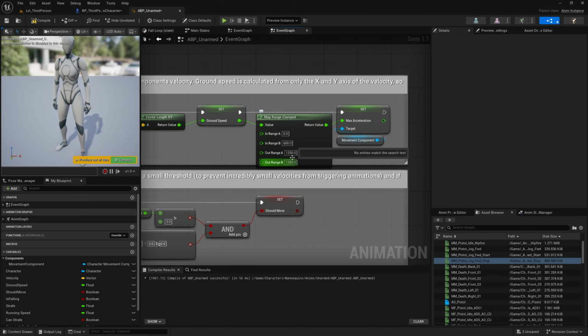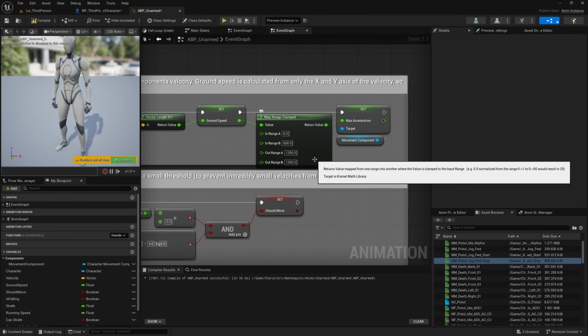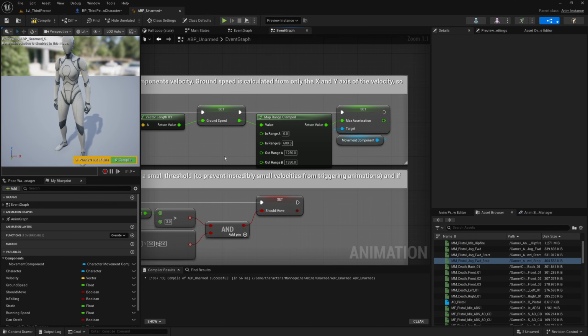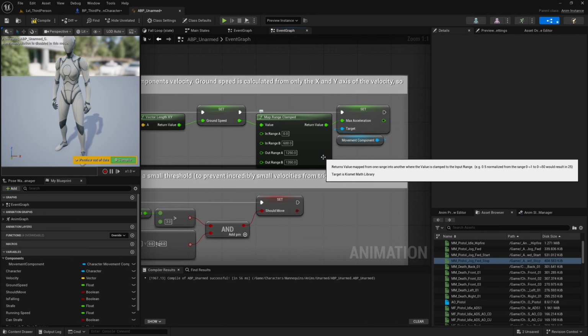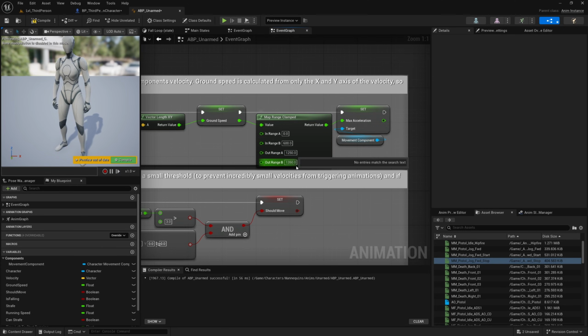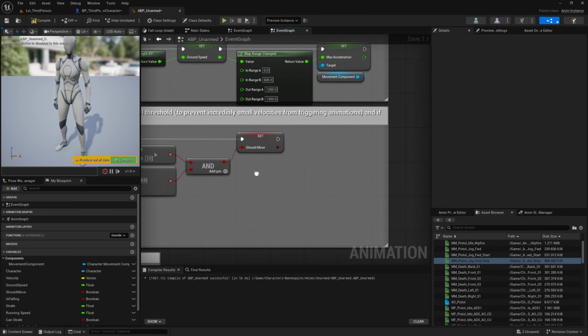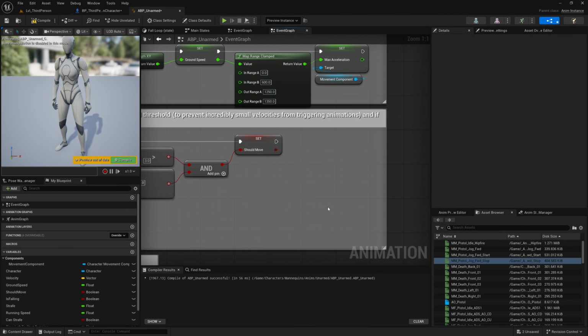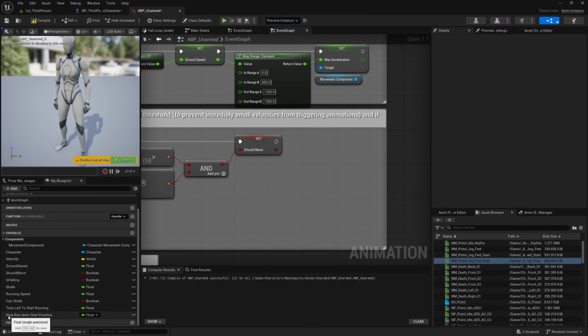So this is very, very slight, but basically it means if we're already moving, we should be able to accelerate a little bit faster. And it means we'll have a sort of dynamic acceleration. So as we start moving, we'll accelerate faster and faster up to our top speed, and it will have a bit more of a weighty and fluid feel. And you can play around with these numbers, but for the purposes of this tutorial, this is going to do just fine. The other thing we want to do is basically set our braking deceleration and that stop run anim start position